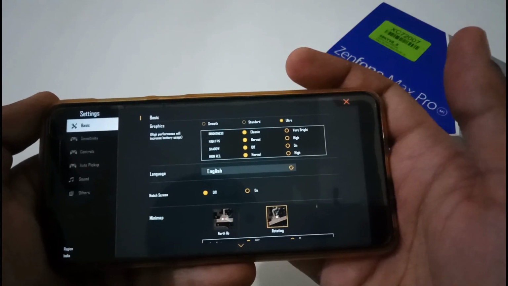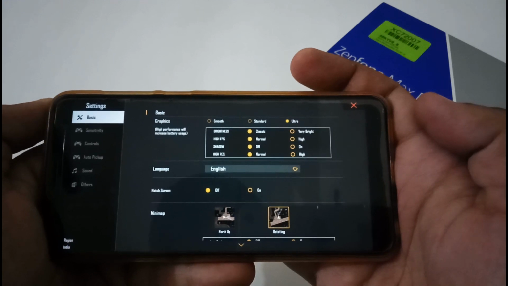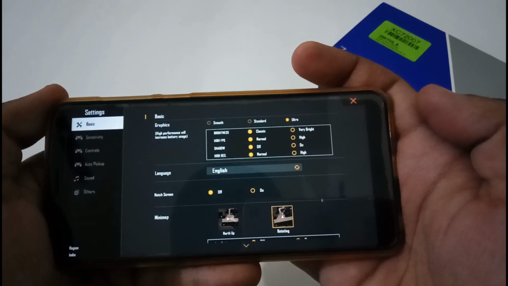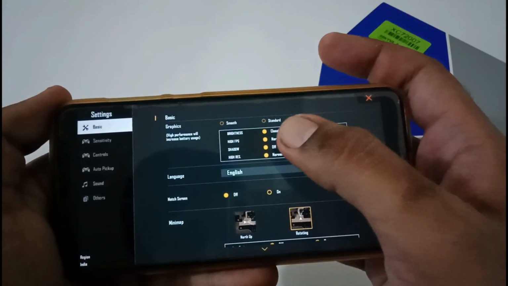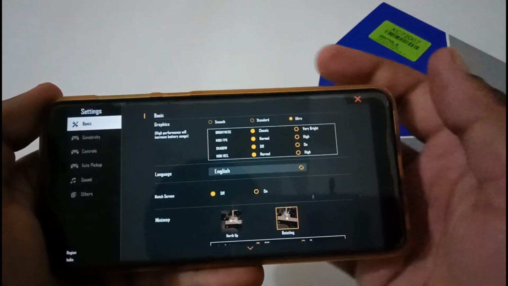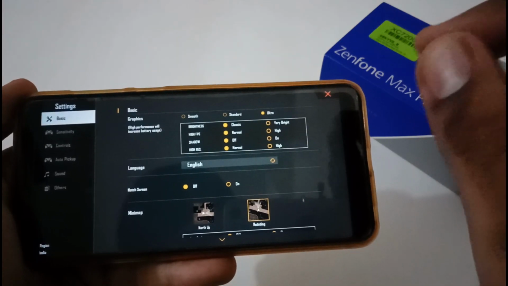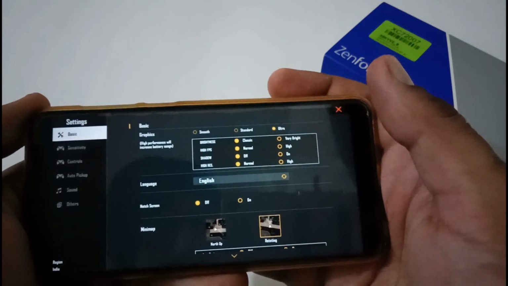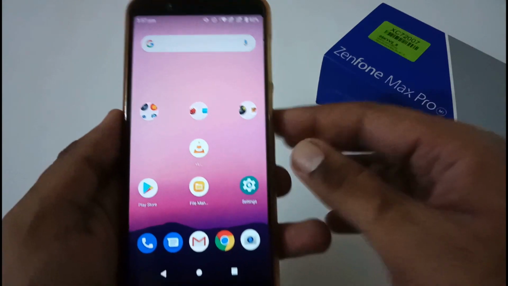Again, I have done this 1 hour of gameplay, and the battery consumption was nearly about 14 to 15%. Apart from this, temperature readings were 33 before starting the gameplay and 40 degrees after playing 1 hour of gameplay. These were the graphic qualities, like ultra and high, along with brightness, high FPS and so on. I haven't changed anything. It was all default, shipped with this particular game whenever I installed it. If you want to see something else in my next videos, do let me know, then I'll be playing with those particular settings as well. But this was all from my side related to this gaming experience on Free Fire with respect to battery consumption.